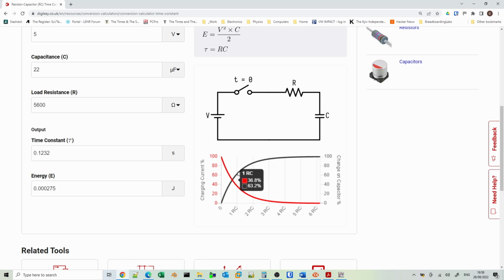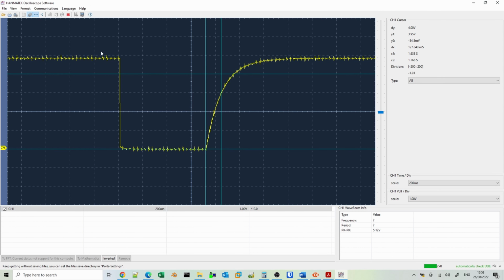And we can also see it at various times. At 1 times the time constant, we expect to be about 63% of the overall voltage. 63% of 5 volts is just over 3 volts. So it would appear that the processor is coming out of the reset state at 3 volts and not 4 volts, which is what the data sheet said. Now this could be because this is a very old microprocessor, it's from 1981. There could be other reasons for it, but at least it helps to explain what's going on here. So you can see that the processor comes out of reset state at some voltage between about 3 and 4 volts, and then carries on operating as per normal after that.